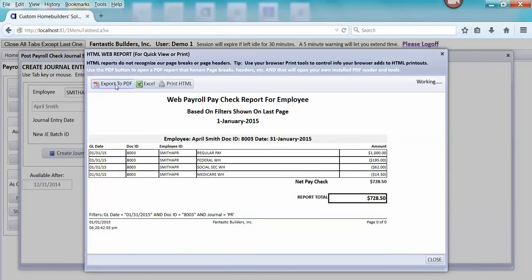You probably want to export it to PDF, and I may have to wait just a second on this because I need to trigger up a report server that hadn't been started yet for this to print. But a good idea is to go ahead and get this into PDF, because you can keep it minimized in your taskbar and refer to it. But it is $728.50,